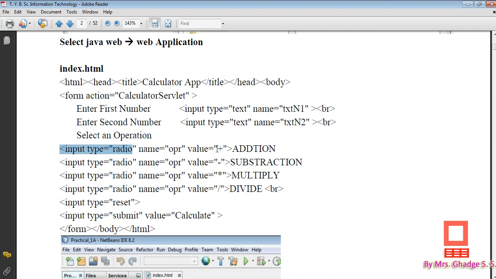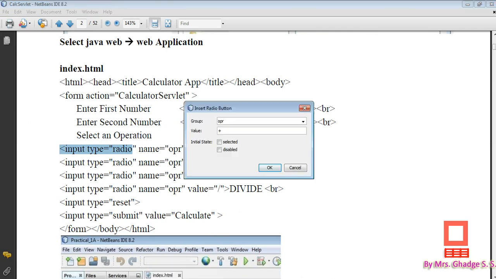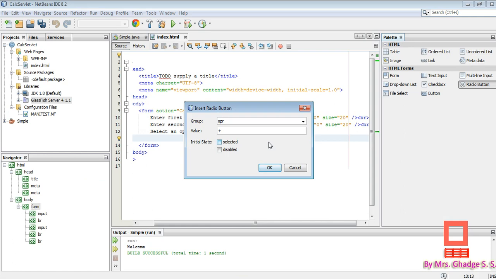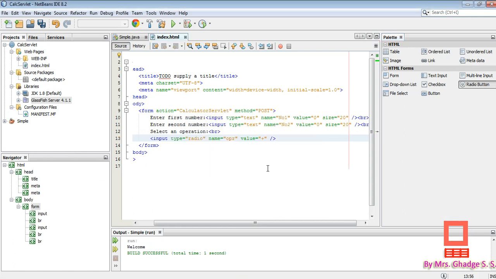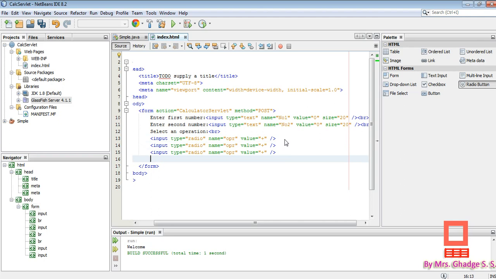First value is plus, then minus, star, divide. We are going to take only 4 options. Okay, so just click on OK. Similarly, we are going to take the same for minus operation, then divide operation and star operation, multiplication operation.